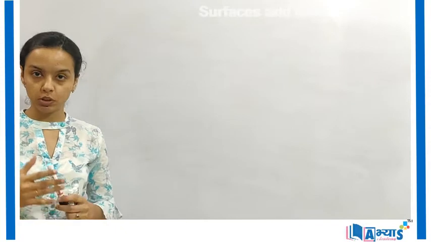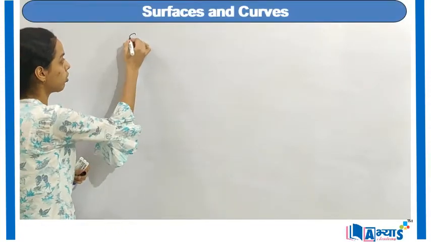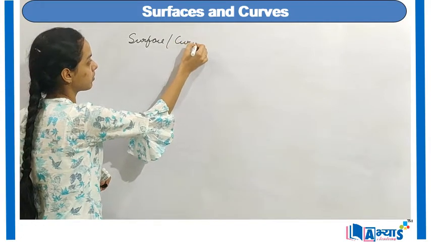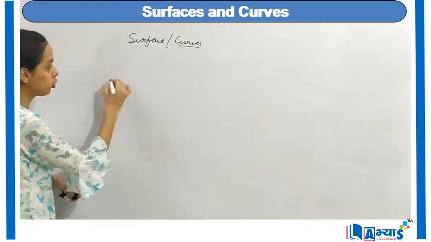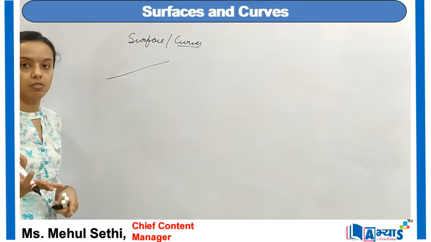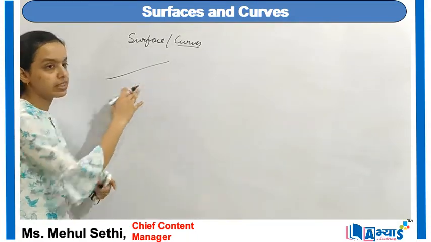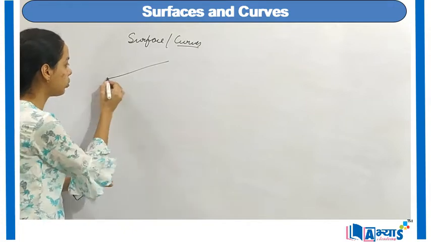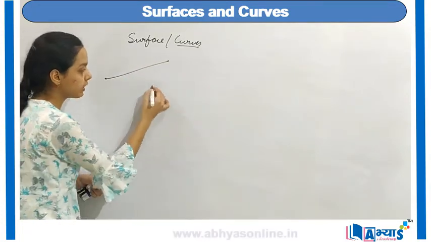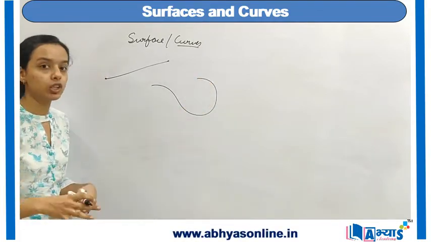The important concepts in geometry, and that is the concept on surface and curves. Basically, if I am drawing this straight line, there is a difference between a line and a curve. Now when I am drawing a line, it is a straight line, that means it has two end points, that is the starting point and the ending point. Whereas if I am drawing this, it is actually a curve.